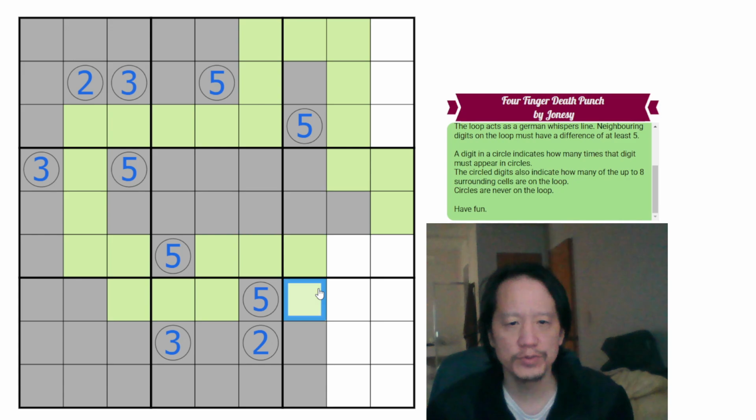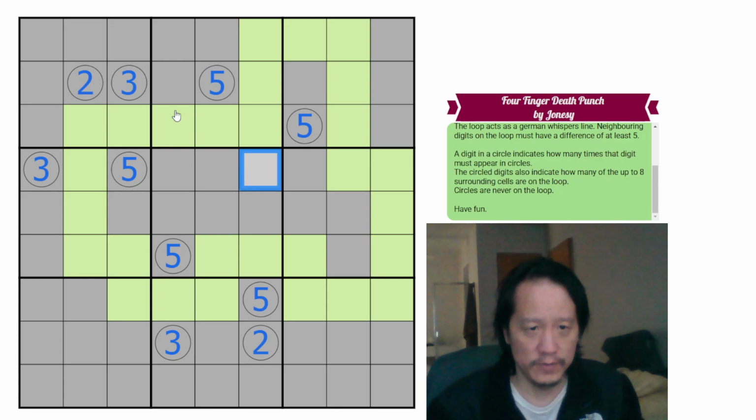These are not on the loop. This must go this way. Can't touch, so this one's not on the loop, which means these two are the last two on the loop, which means these can't be the loop. And this can't be the loop. So now we have,